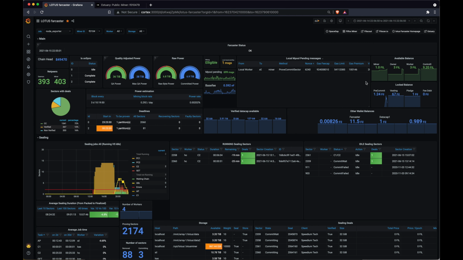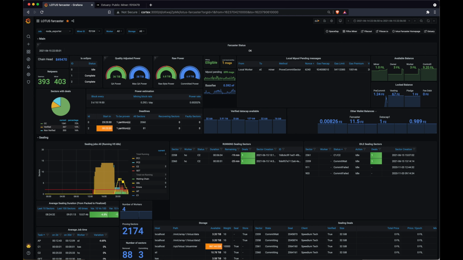The wallet section displays the available balance. Everything that is green here has different gradients of colors based on the value. So when something is too low, this will turn red. The miner balance, the owner, worker, and control 0 balance. You can also see other wallet balances.